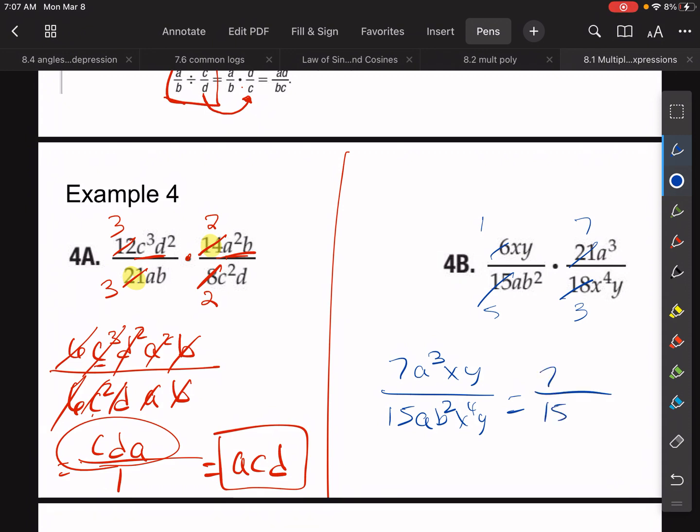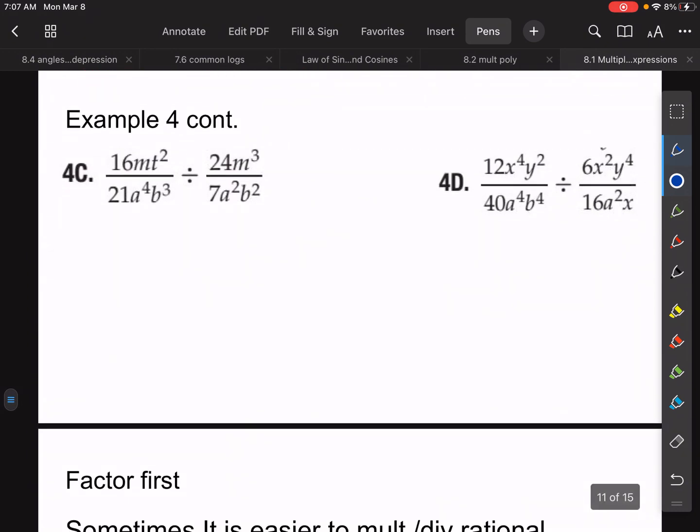A's have something in common, so there's going to just be 2 left up top. The b squared has nothing in common, that stays down. The x's have 1x in common, so it's just going to be x to the third in the bottom. And then y over y just stays as that, and we're done. Okay, so that's 4b. For 4c, we're going to now do the same thing, but we have to flip and